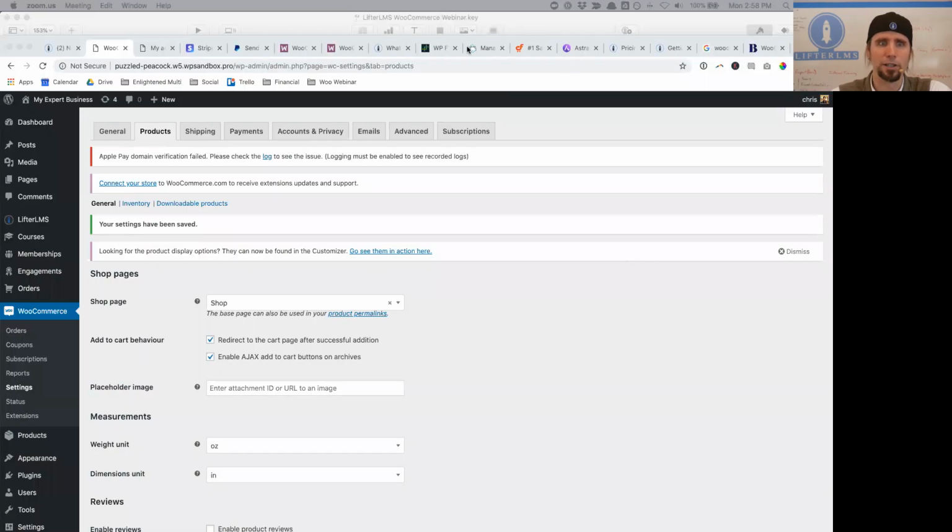Kim asks, hey, Chris, is there a WooCommerce out of the box with variable products, or does it require the subscriptions extension to have monthly payments? WooCommerce has variable products out of the box. For example, you might sell a t-shirt that has a one-time payment and you can get the green or the blue shirt. But if you want to do recurring payments, you're going to need the Woo Subscriptions plugin, which